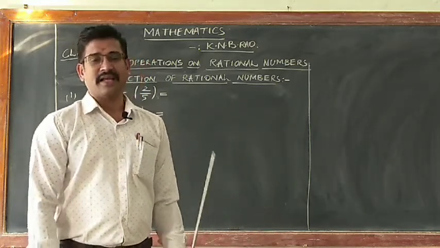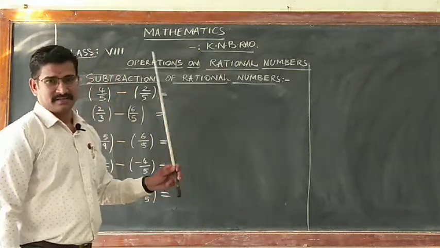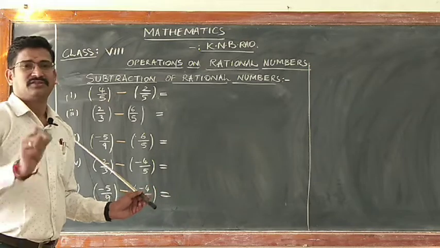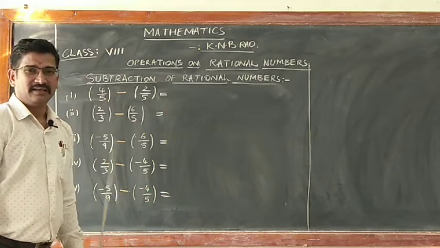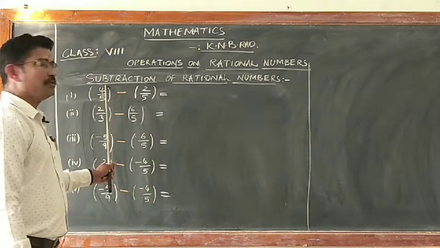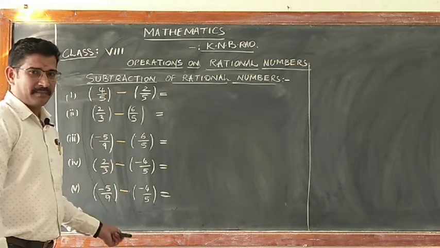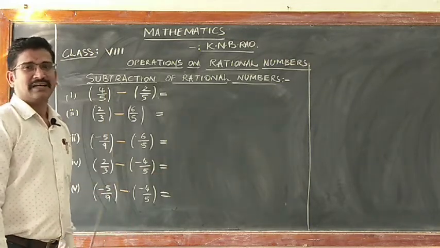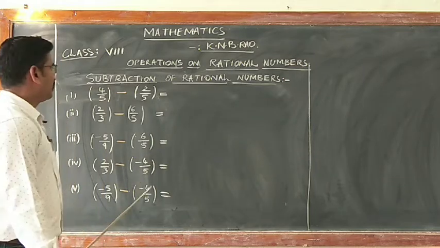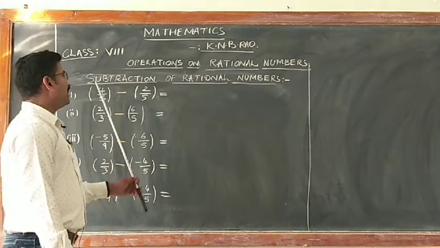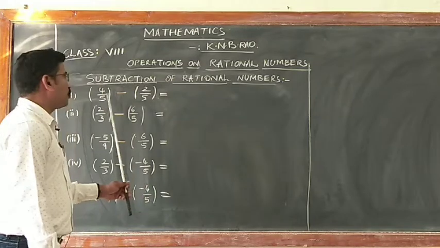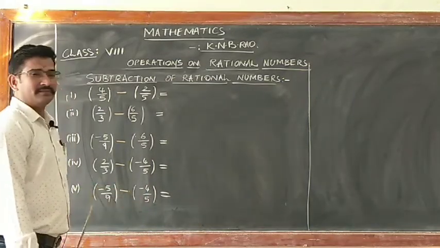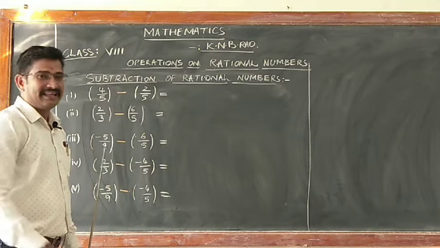Let me take the same examples, the same numbers with the change in operation. Now I will do subtraction of those rational numbers. Children, when we have any two positive rational numbers with the same denominator getting subtracted,